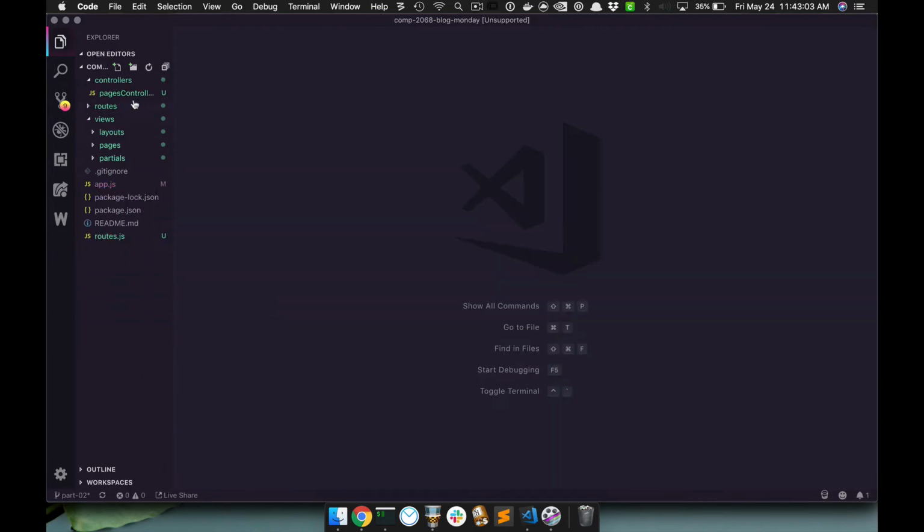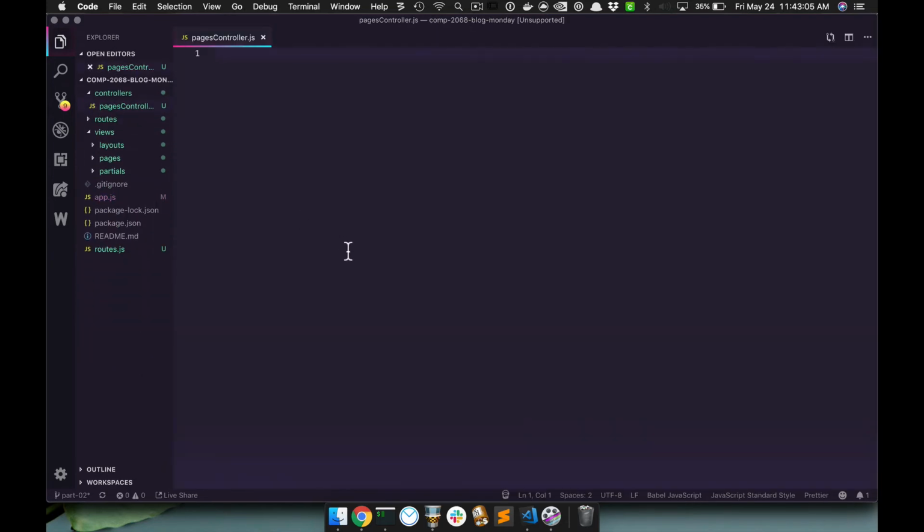The first file I'm going to work with will be in pages controller. I'm actually going to create my page controller operation, the action that I need to create. And that action is going to be our show method. And it's very easy to do this. There really isn't too much difficulty here. It's simply